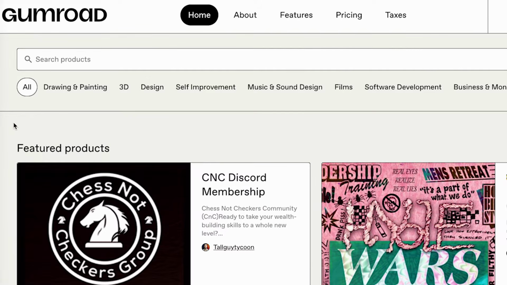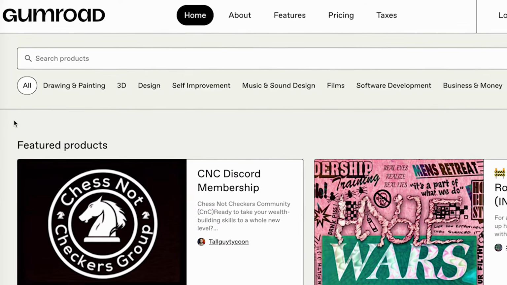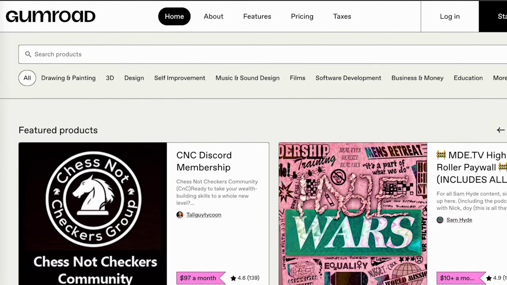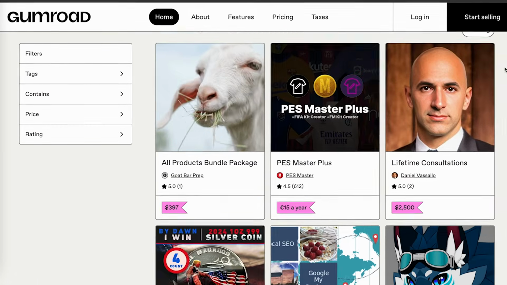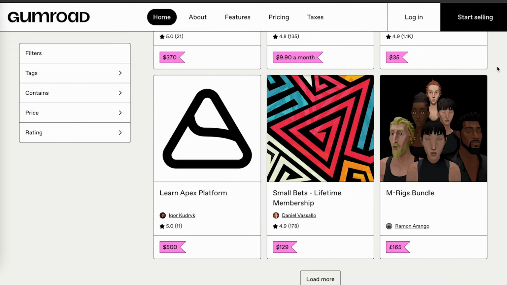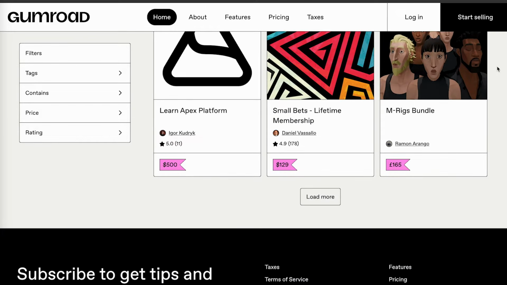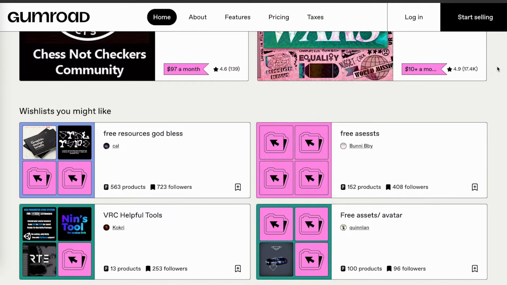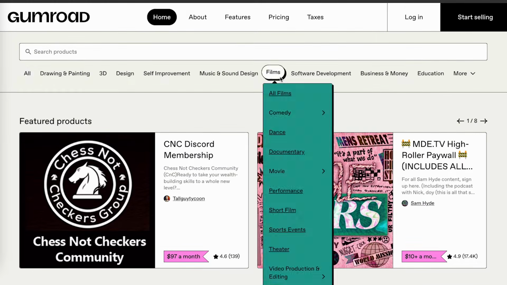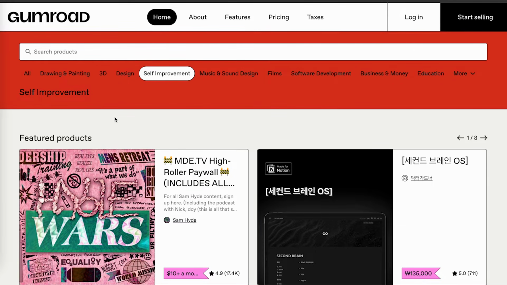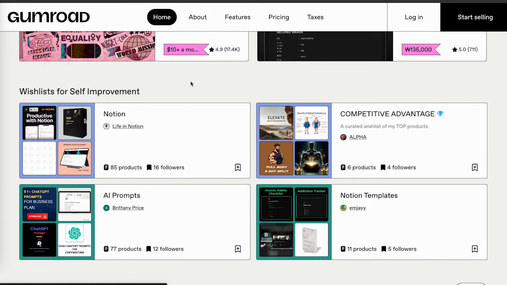All right, the first thing I'd like to direct your attention to is the Gumroad homepage. And that's because Gumroad is actually a little bit different from some of the other tools out there. As we're scrolling down here, what you'll first notice is that Gumroad is a marketplace, right? They're not just a simple software tool. People can come here to discover new products, new packages, new courses, new things that are going to help improve their life. So for example, if we come here to the self-improvement section, and this is definitely something I'm passionate